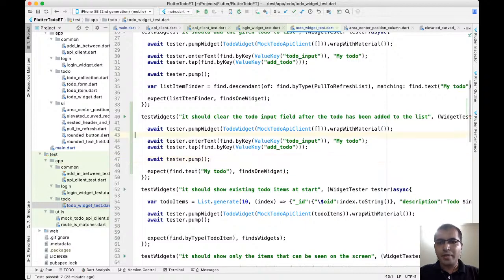So if I am really clearing the value from my input field, then it should find only one to do entry, or the to do text, and that should be in the widget. So let's give that a try, and the way it's going to work is I'm going to run this.